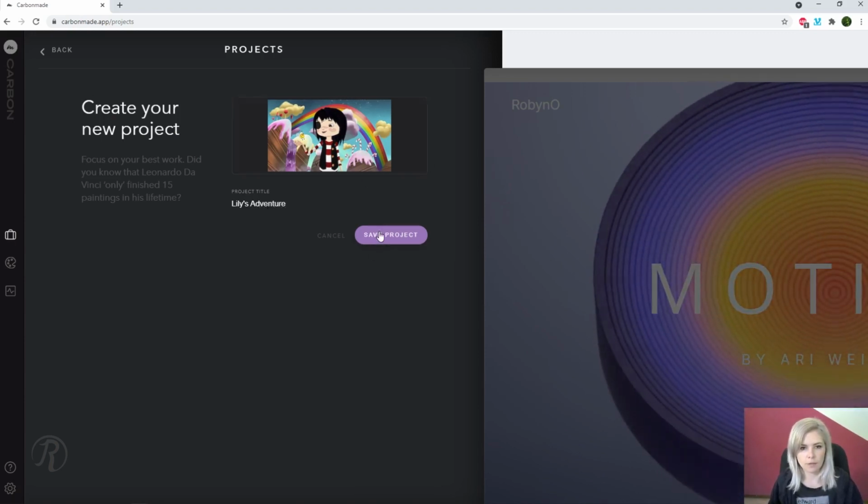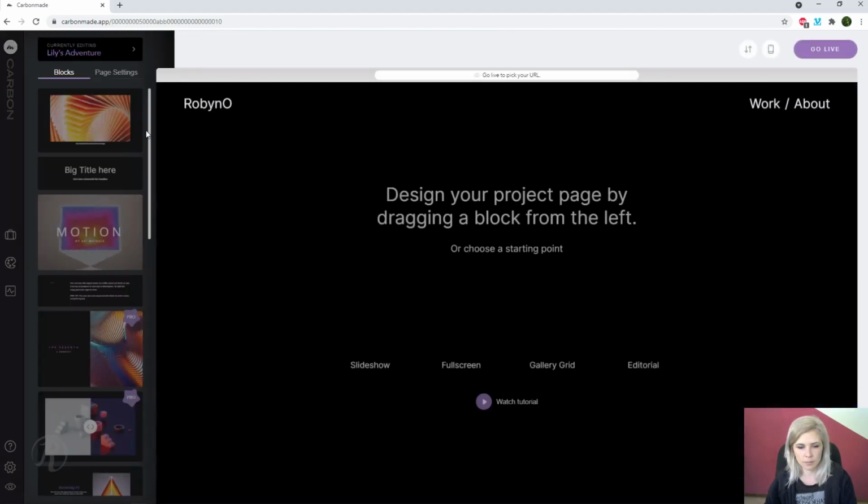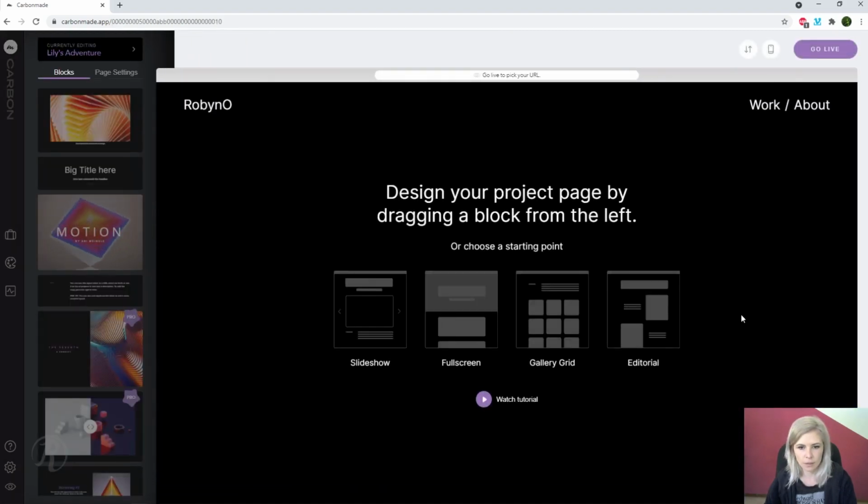Type that in, save project. Okay, so this is our project. So here you see you can pick how you want to design the page for your project. I think I quite like,